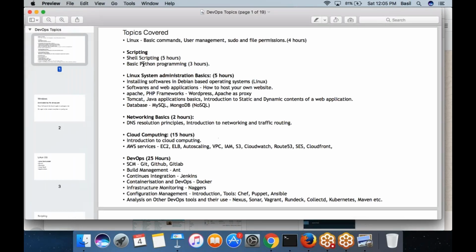Actually, we need to start with the Linux basics, Linux administration. This is mandatory. I think most of you have a basic understanding about Linux, but for you also, this is a very important and mandatory course. The networking also, these are important. And yeah, that's pretty much about